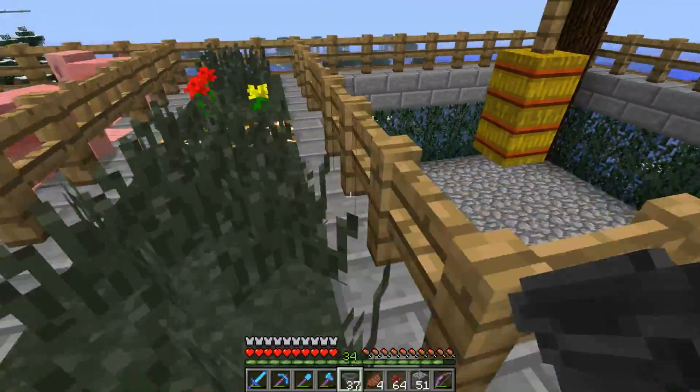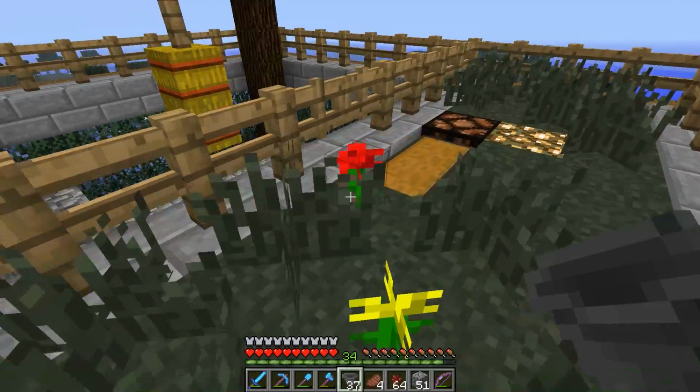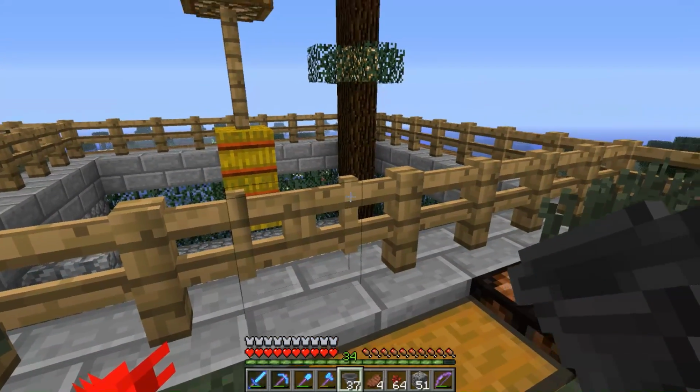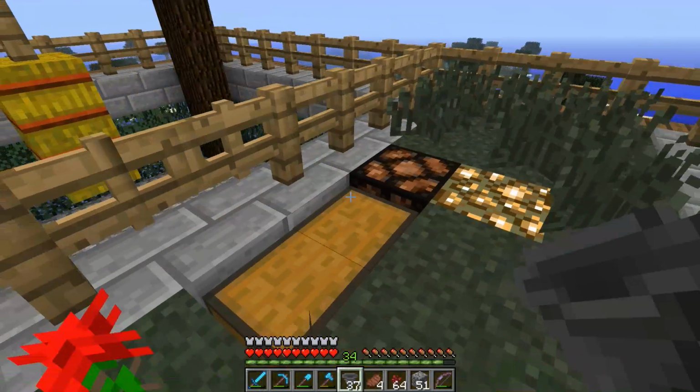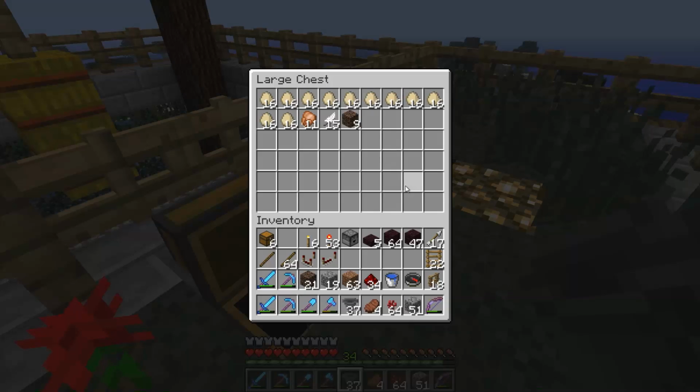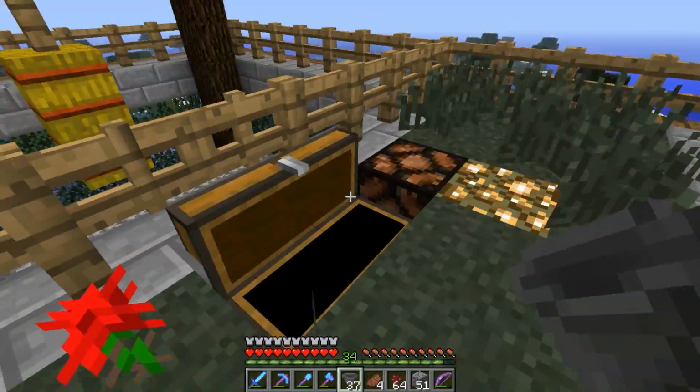Now, the reason I destroyed my chicken farm is for two reasons. One, I needed the hoppers, and I didn't want to waste all the iron making them again. And two, I had a whole chest of eggs. Now I know there's none here because I threw them all in the lava. There was no point in having them. They were getting out of control. There were too many of them, so I decided to kill the chickens that I had and take up the